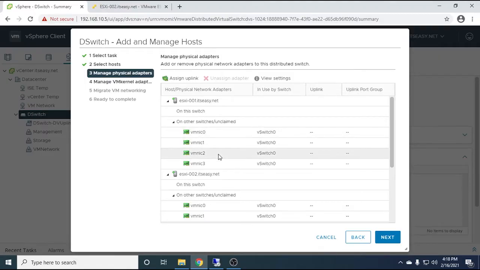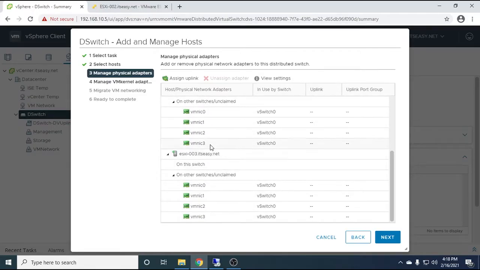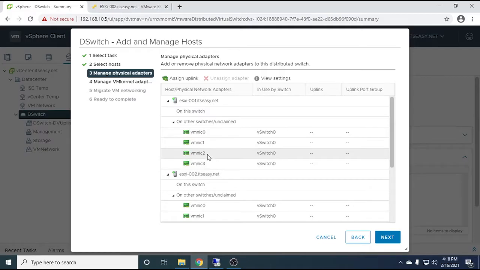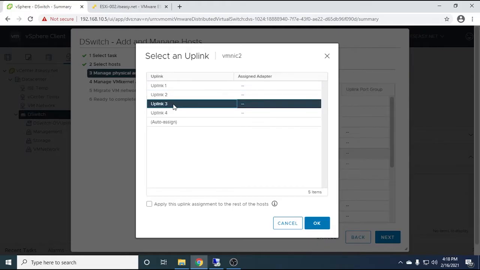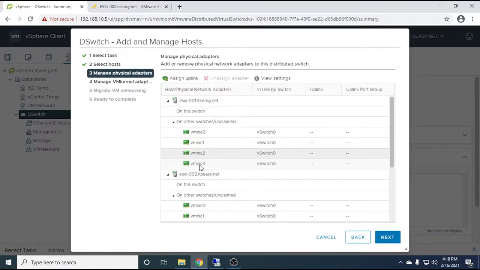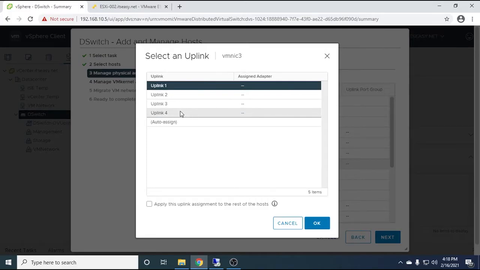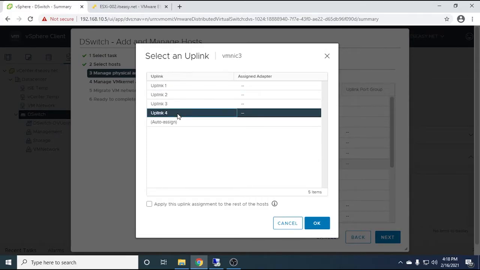So what I'm gonna do, I'm gonna assign the last 2 ports of each ESXi host to the new distributed switch. So the way we do that, we're gonna select it, assign uplink, and we're gonna assign uplink 3 just to keep it uniform, right? For example, VMNIC 4, if I say assign uplink, I'm gonna say 4. That way, you keep it uniform, but you can assign it to whatever you want. And we're gonna say apply this uplink assignment to the rest of the hosts. Right? If we check that